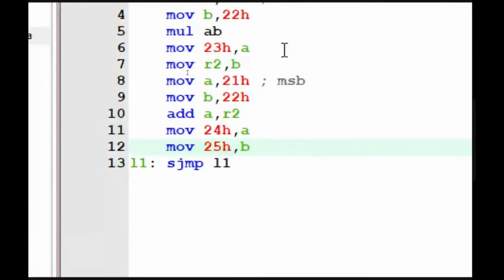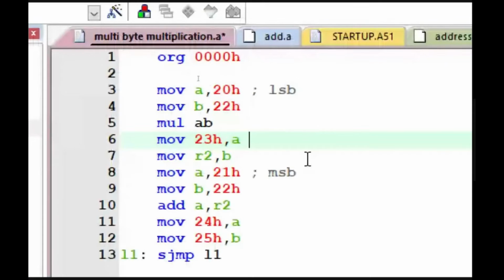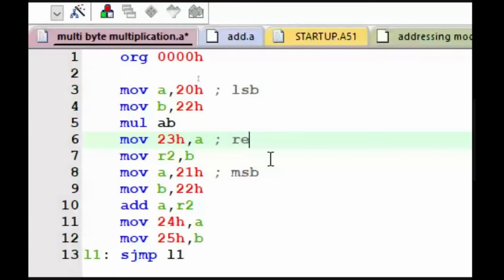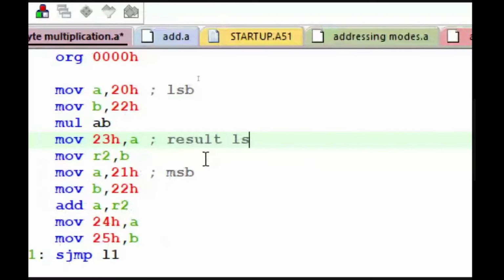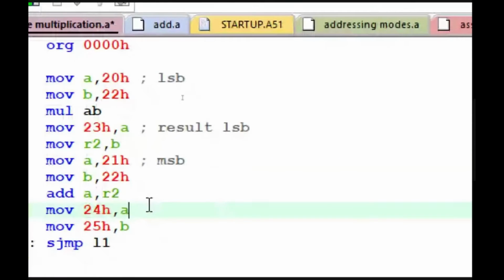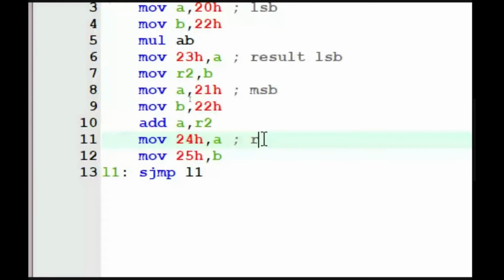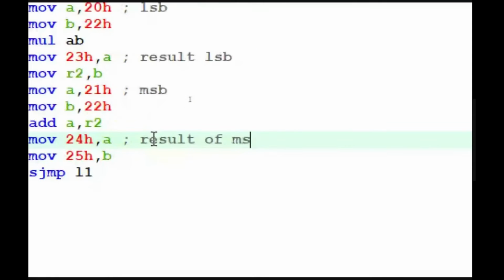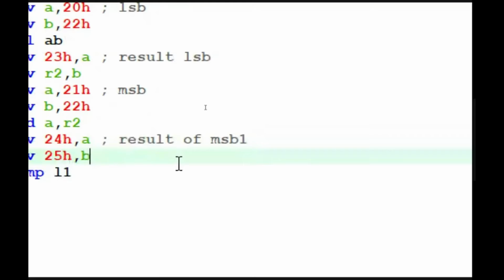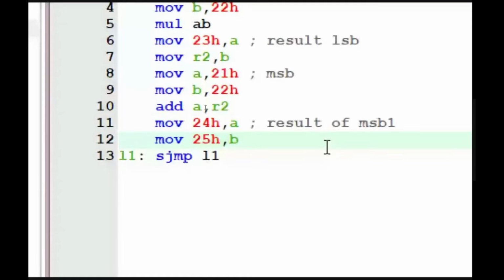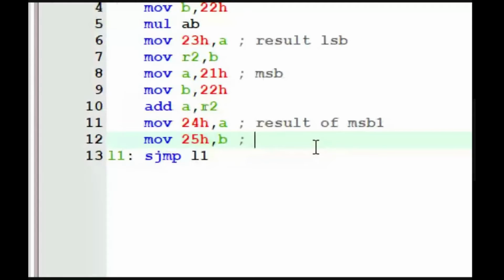If you see the result, this is the LSB, this should be the result of MSB1, and this will be the result of MSB2.